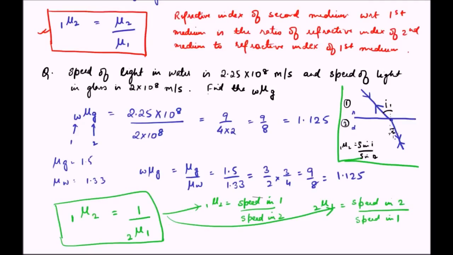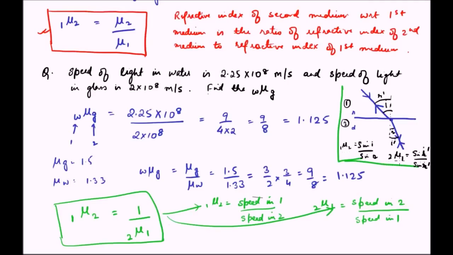And when we are going from 2 to 1, then this is angle of incidence and this is angle of refraction, but I am keeping it as R and I itself. What will happen then is that mu of 1 with respect to 2, because from 2 to 1 it is going, is equal to